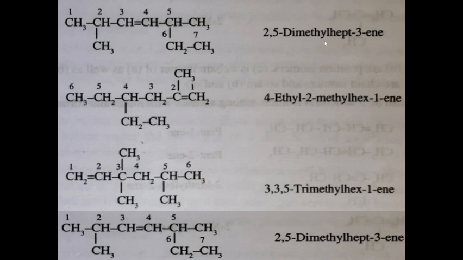And now let us discuss the other 2 examples too. Here on the third carbon atom, 2 CH3 groups are there, and on the 5th carbon atom another CH3 group, so 3 3 5 trimethyl. Okay, so that is the name of the compound, 3 3 5 trimethyl hex 1 ene. Okay, so in this case we have 7 carbon atoms, so that is hepta, and then at the third carbon atom a carbon-carbon double bond is present, and 2 methyl groups. Yeah, in fact this compound and this compound are the same. Okay, anyway,